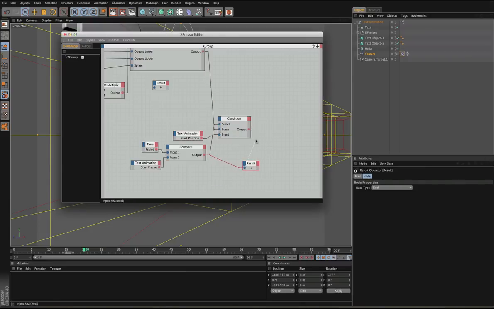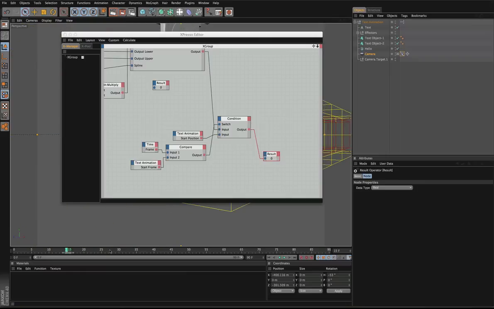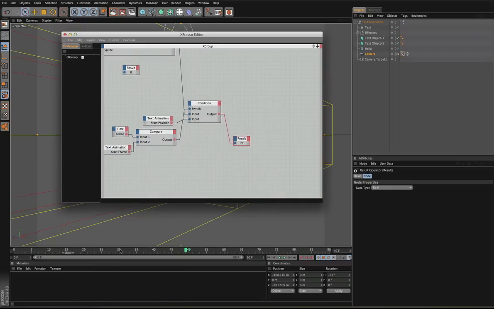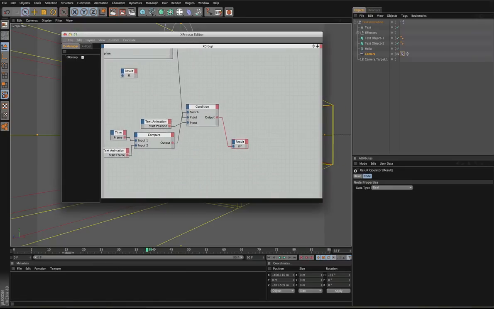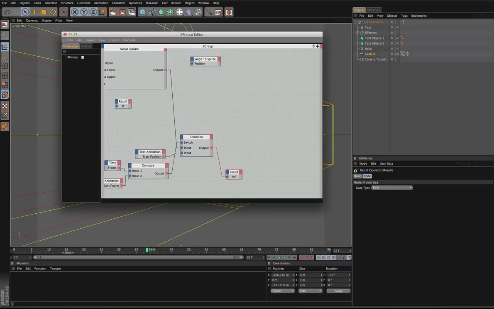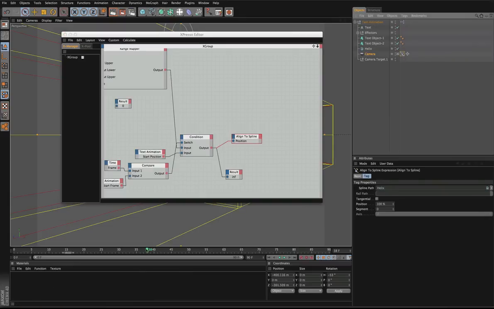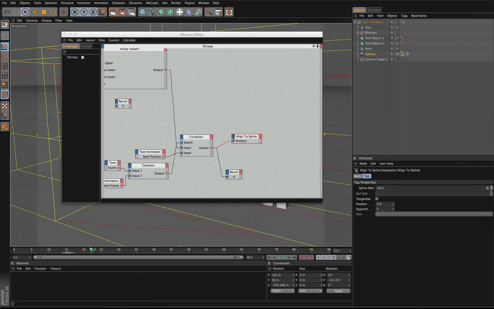Let's hook up the result, see what goes on. 0, and then we get infinite here because I did something wrong up here. But basically, it's all working correctly. And from this condition, we're going to want to input the position of the spline. So let's click on this little guy, make sure it's working. So it's incorrect, and then it goes to 0